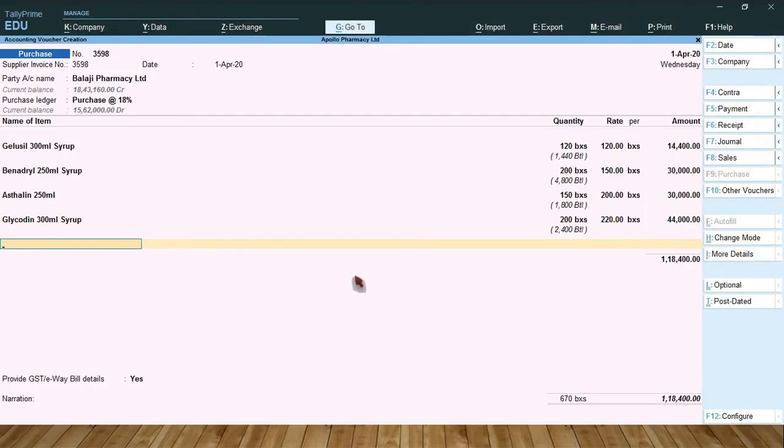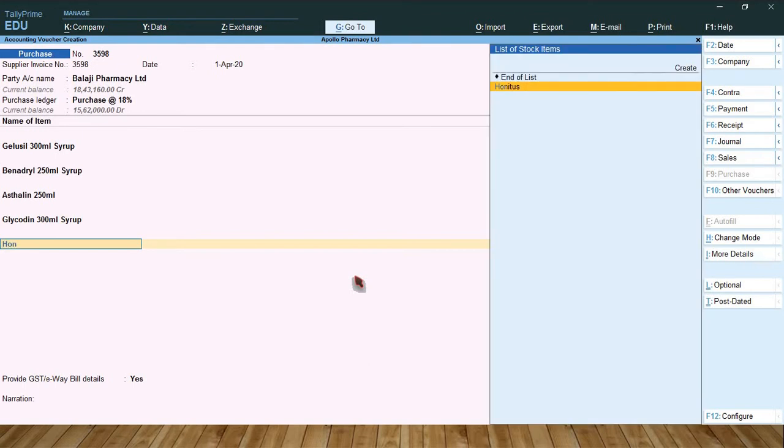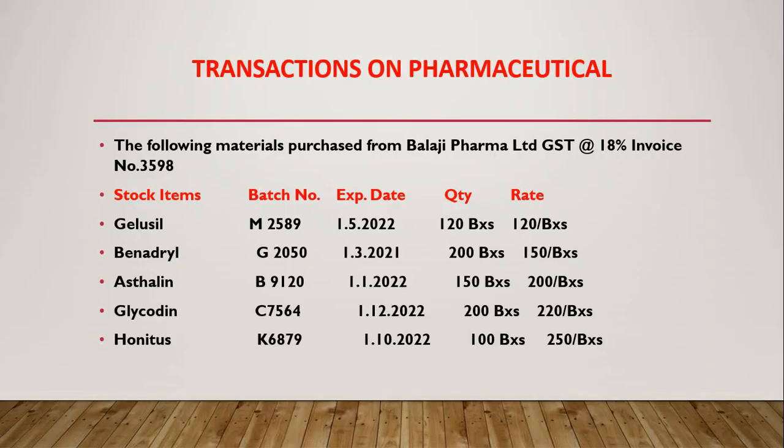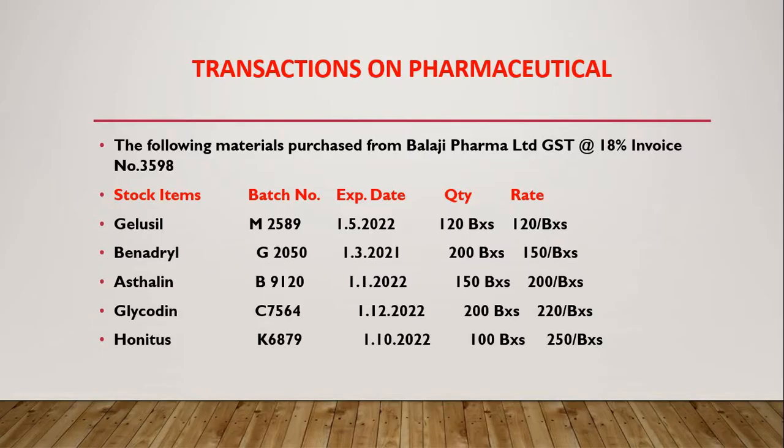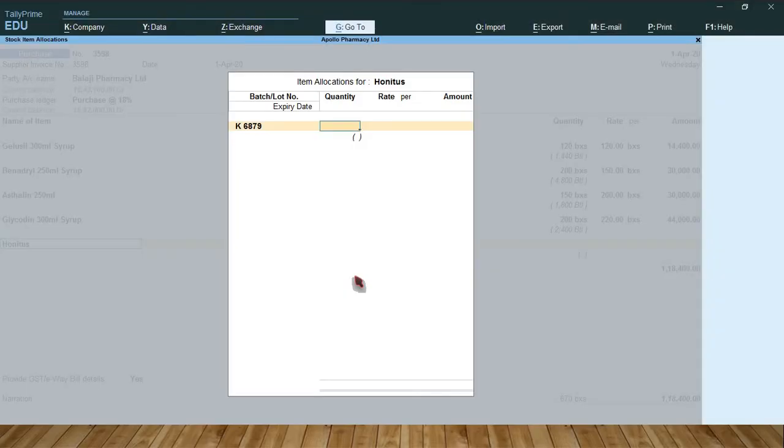Last one, Honitus. So batch number K6879. So quantity 100 box, 250 per box.